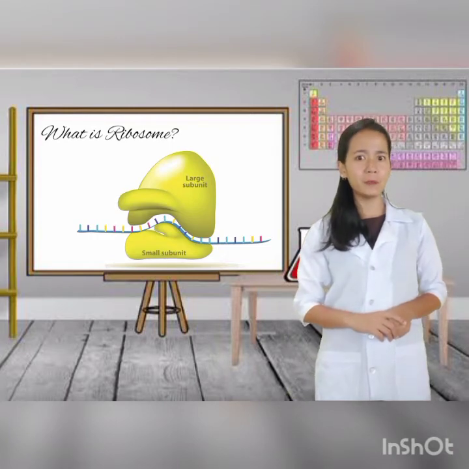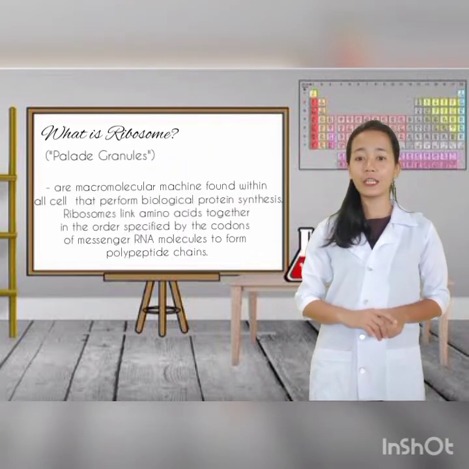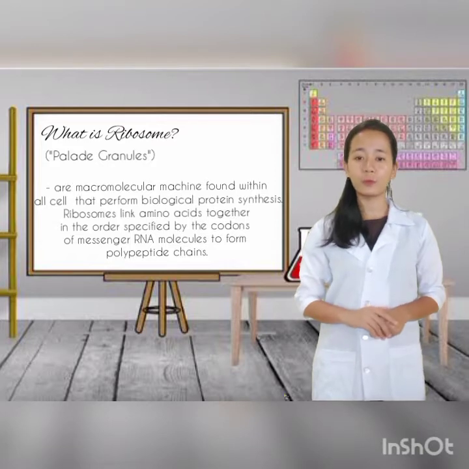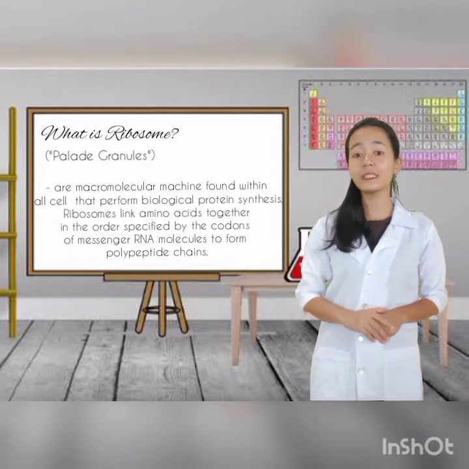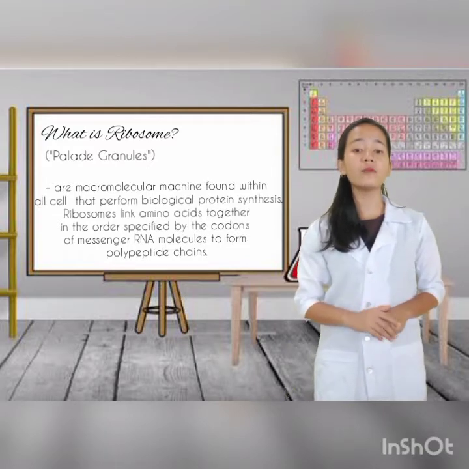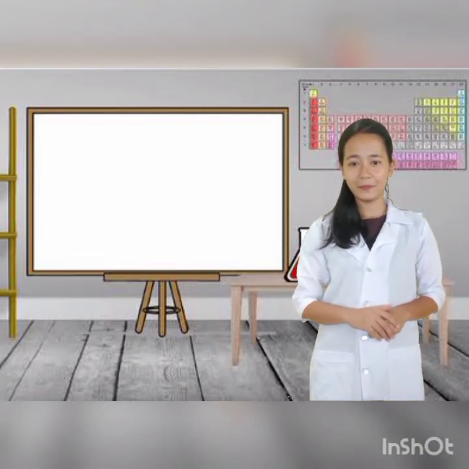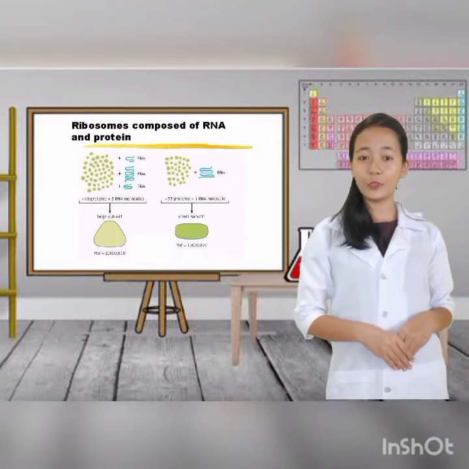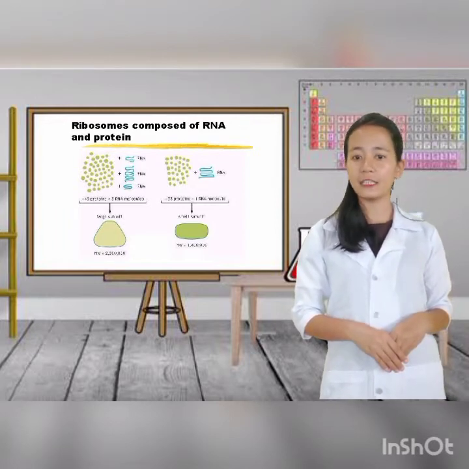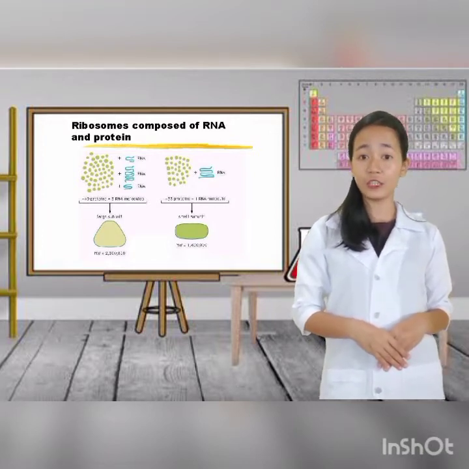Ribosome or ribosomes in plural are also called Palade granules, are molecular machines found within all cells that perform biological protein synthesis. Ribosomes link amino acids together in order, specified by the codons of messenger RNA molecules, to form polypeptide chains. The ribosome is a complex made of protein and RNA, numbering millions of Daltons in size, and assumes an important part in the course of decoding the genetic message reserved in the genome